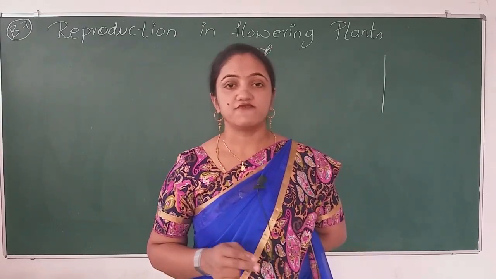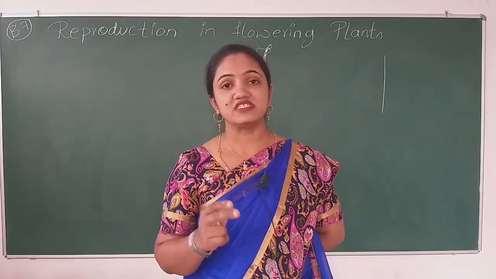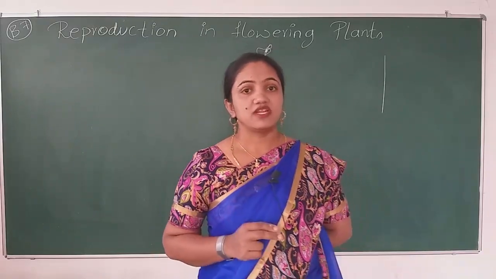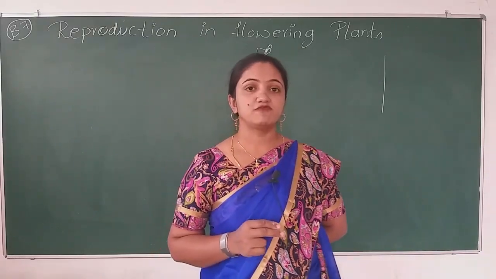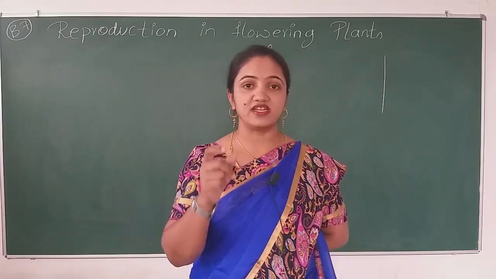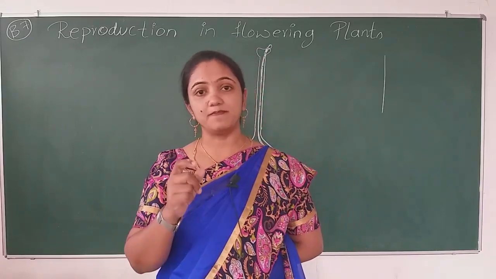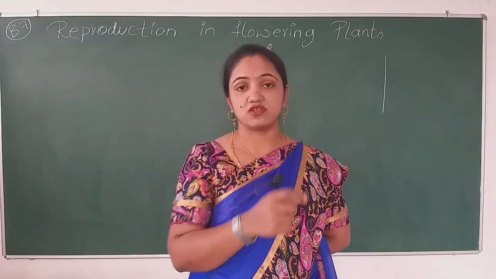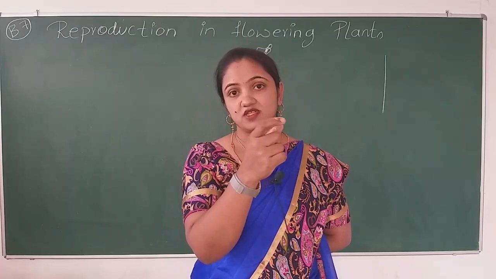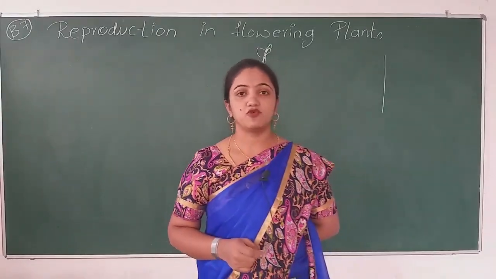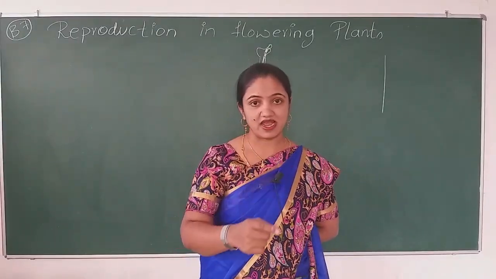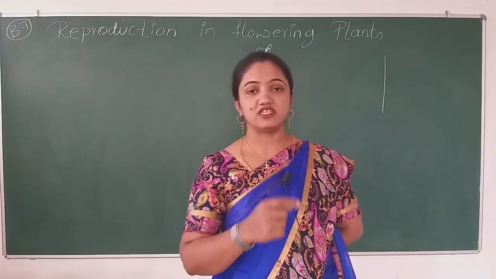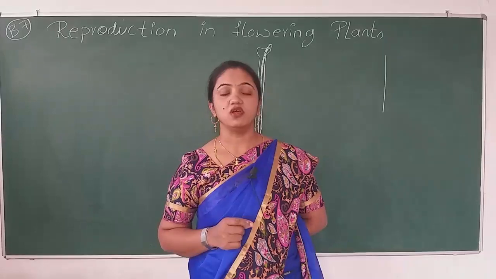As you know, fertilization takes place two times in angiosperms. So, it is known as double fertilization. How does it take place? When the pollen grain sits on the stigma of the pistil, it germinates a pollen tube through the stigma and then the style, and it reaches the ovary through the micropylar region and enters the ovule.